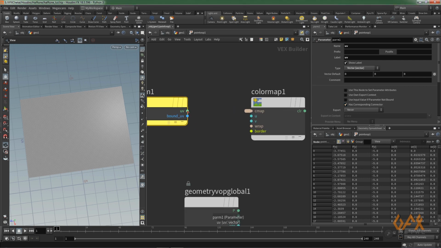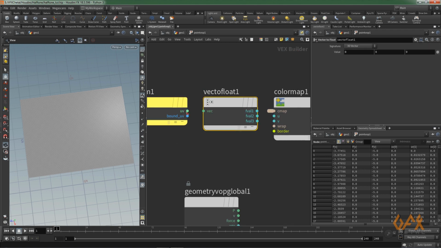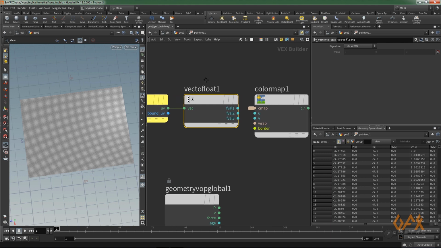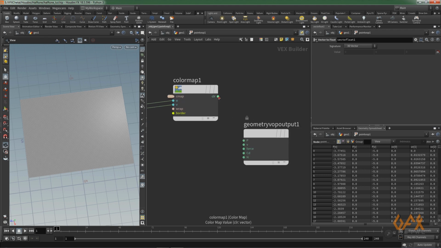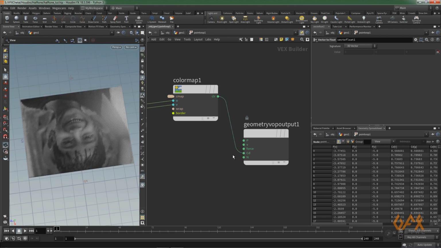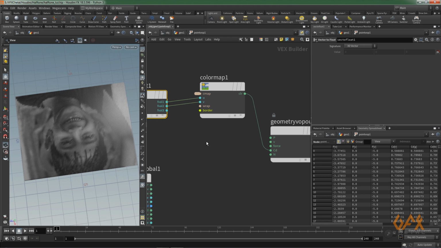Now I just spread that UV information into U and V, but here there is only one input and here we need two inputs. So for that purpose I just click one vector to float operator. I just drag it over here, so it converts this information to U, this as V. Now I just apply this information to the output color, and now you see over here you get some image, but it looks a little bit weird.